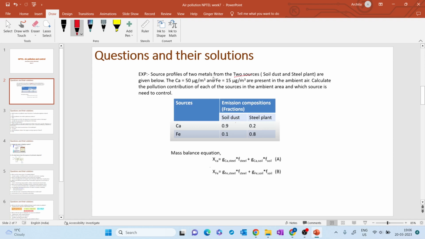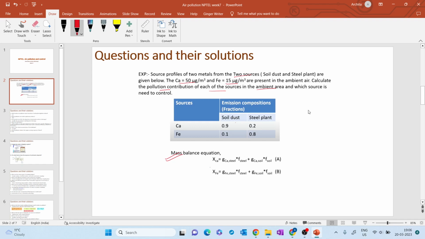Their concentration in the ambient air is 50 microgram and 15 microgram per meter cube, and we have to calculate the pollution contribution of each source in the ambient area. Okay, so for that, the mass balance equation will be used,